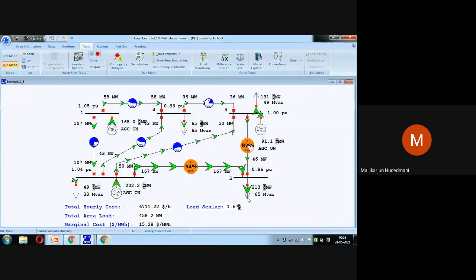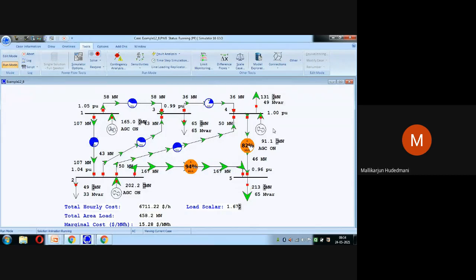There is a load here, there is a load here, there is a load here, and another load here. You can see that some MW and MVAR is the load. Arrow shows load. To meet the requirement, these generators are generating the megawatt and injecting to the grids. You can see them. Now, I see 202.2 megawatt at generator 2, 165 megawatt at generator number 1,